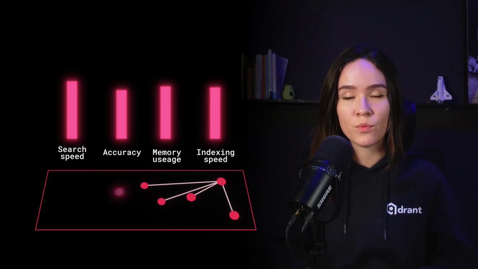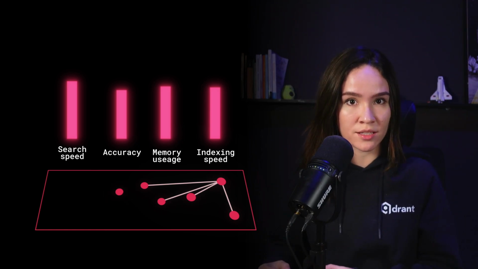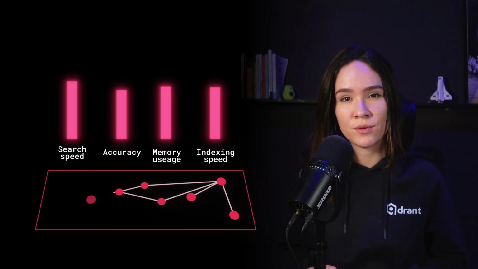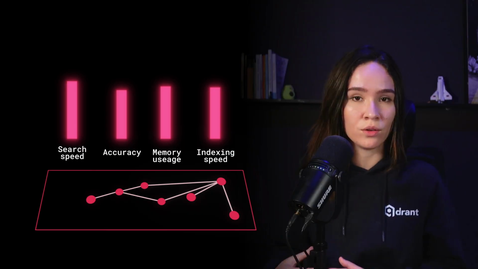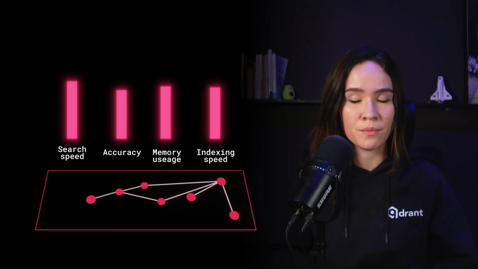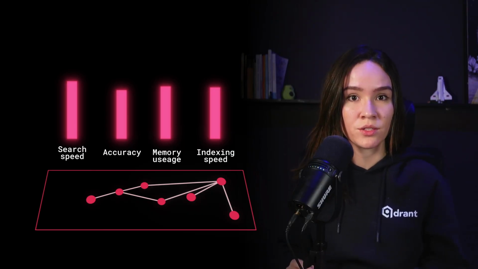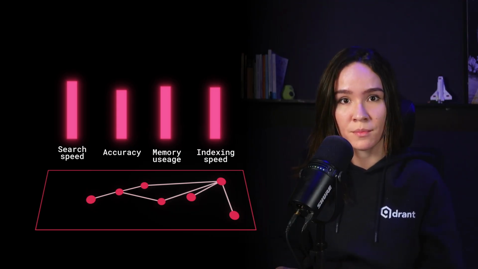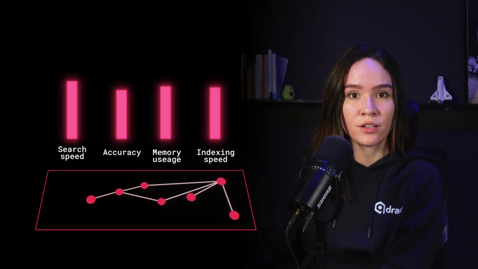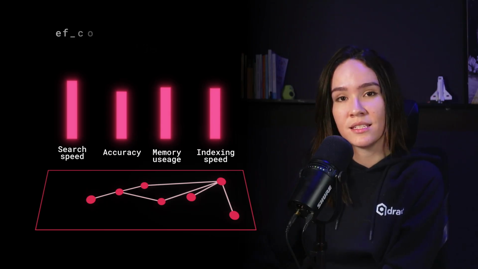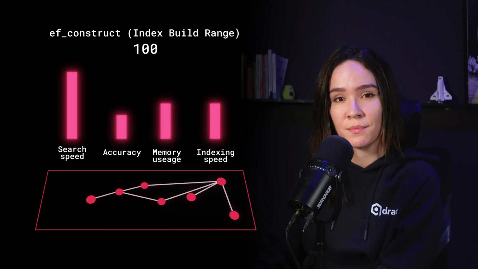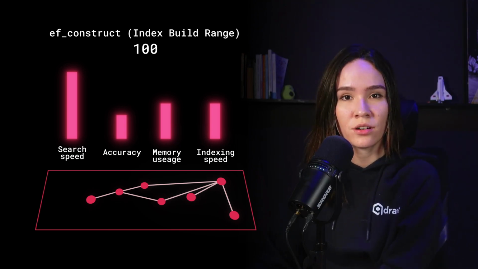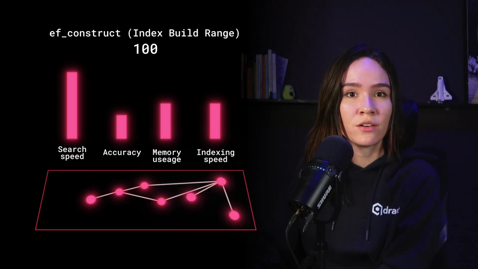When we add a new vector to our HNSW index, our goal is to integrate it within our existing structure efficiently, without losing accuracy and preserving performance. In Qdrant, this assignment happens during the indexing process, and it helps keep the graph navigable and balanced. One important factor influencing this process is the EF construct parameter. It controls how thoroughly the graph is built when inserting a new vector, by controlling the number of nearest neighbors